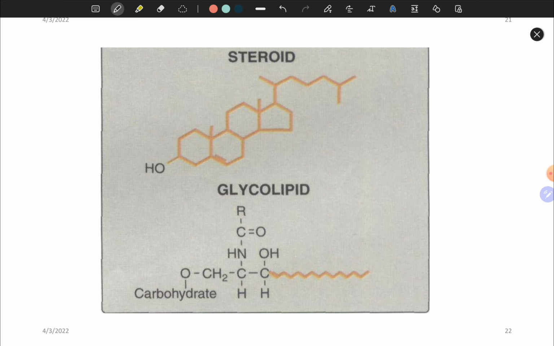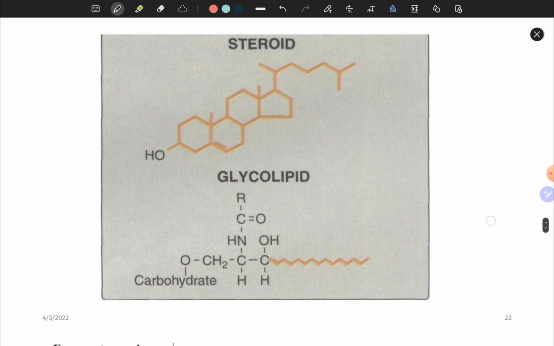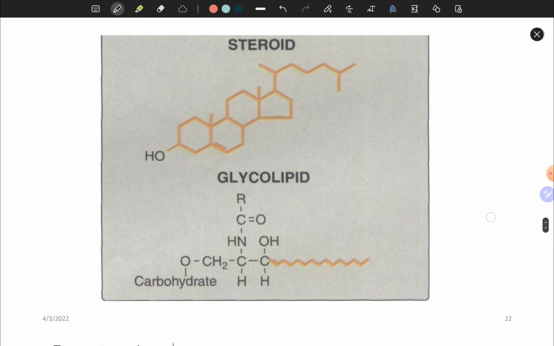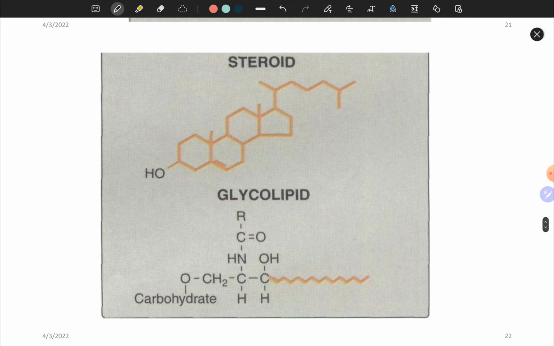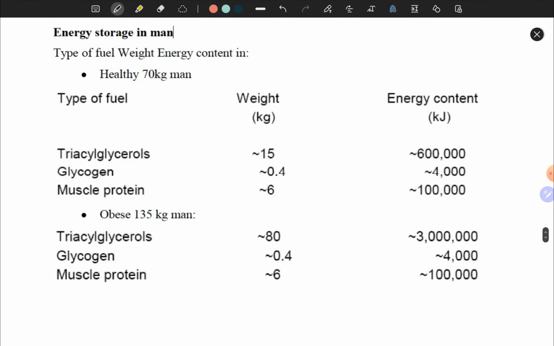Is cholesterol good or bad? Cholesterol is good for humans, while oxidized cholesterol is bad. Cholesterol is important for the formation of cell membranes, hormones, and bile. And also we have another type of lipid, carbohydrate plus lipid, called glycolipid. Steroids: with cholesterol, steroid or sex hormones are mostly composed of steroids.